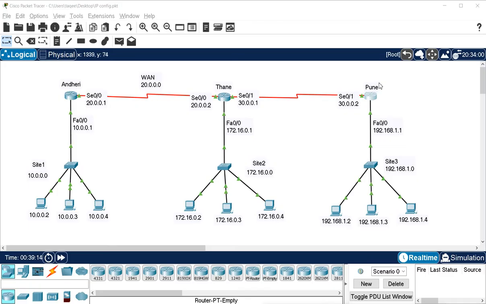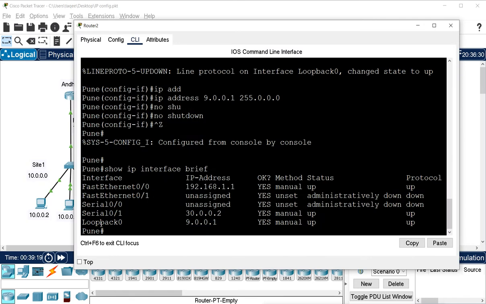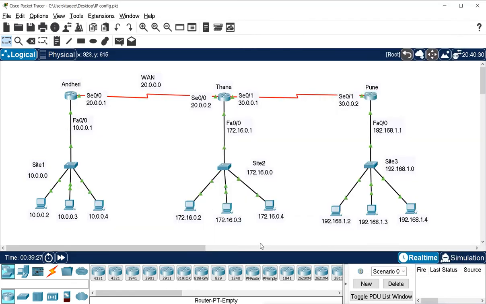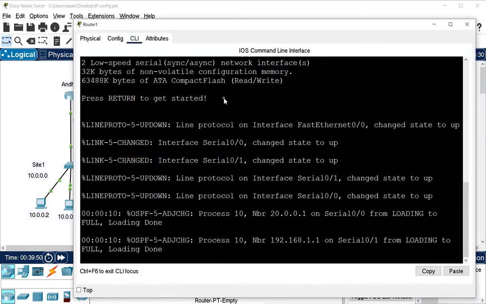So for example, here in this Pune router, we created the virtual interface for selecting the router ID. Instead of that, we can create the router ID directly from the configuration of OSPF. I will go to this router and choose the router ID here.